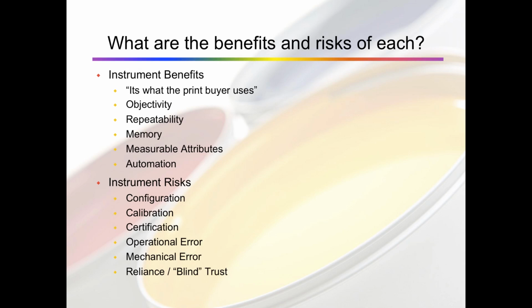Now, with these benefits also comes some risks we need to be considerate of. Number one is the configuration. You heard me mention that settings are a big important deal. You must maintain that the instruments are set correctly so that they can measure what you want and give you accurate results. It's critical to maintain a proper calibration with the instrument, or else, like any other tool, if it's not calibrated, it will not measure reliably.